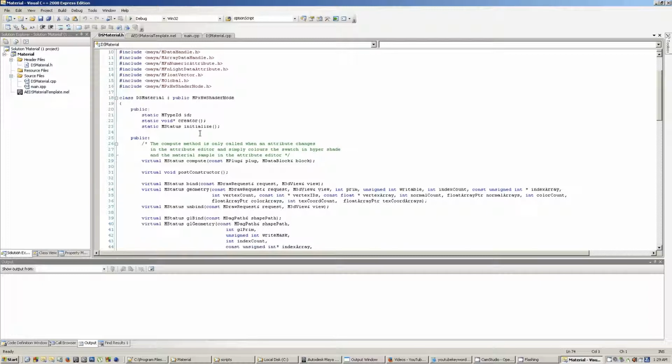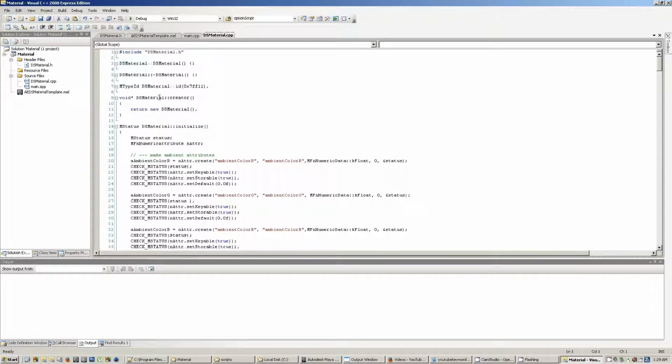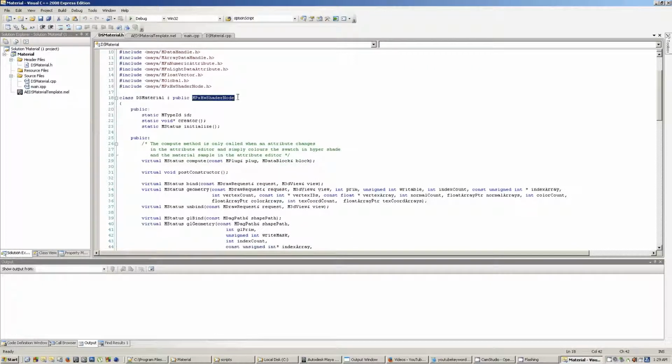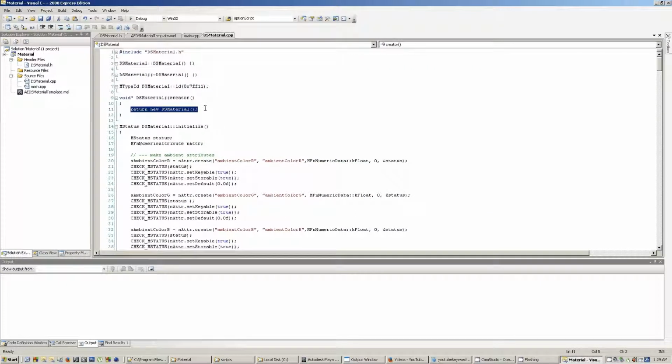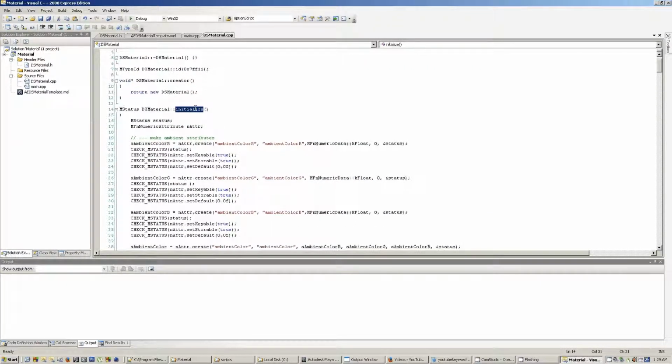Okay, now let's jump into the CPP file and take a look. So here I'm specifying the ID of this plugin. In the creator function, I'm returning a new instance of the DSMaterial class. The DSMaterial class implements the MPxHwMaterial node. In my initialize method, this is where I am adding to the DSMaterial class all of the properties that make